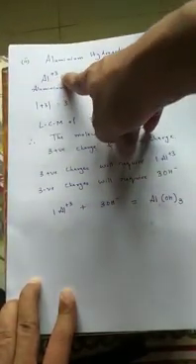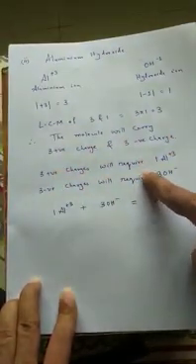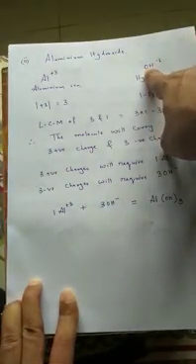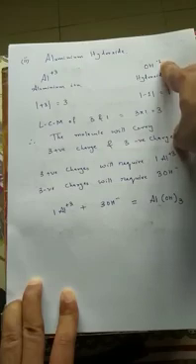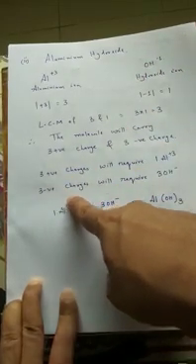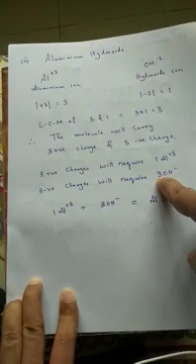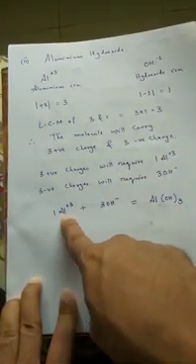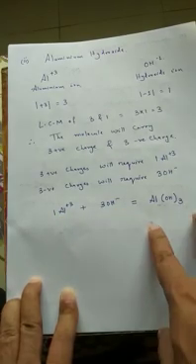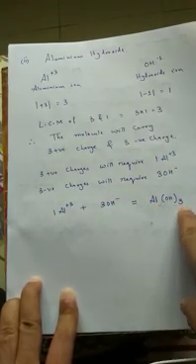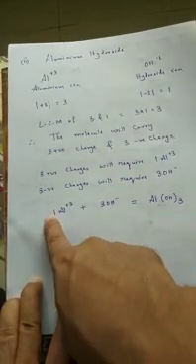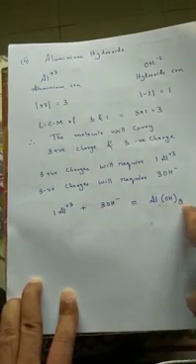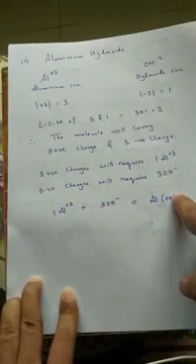1 aluminium contributes +3 charge, so 3 positive charge will require only 1 aluminium ion. 1 hydroxide ion contributes -1 charge, so 3 negative charges would be contributed by 3 hydroxide ions. After this, 1 aluminium radical and 3 hydroxide radicals combine together to give us aluminium hydroxide, Al(OH)3. Just check this out. This 3 comes as a subscript. It is not written as superscript.